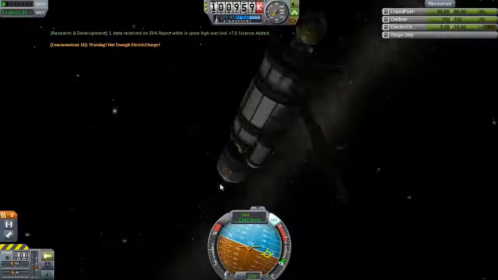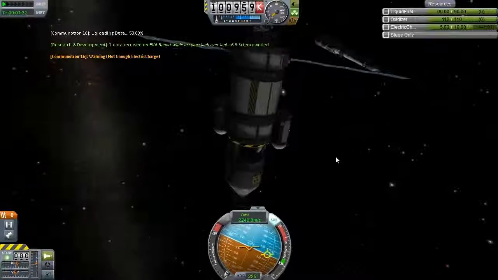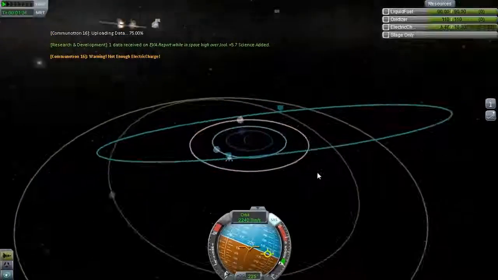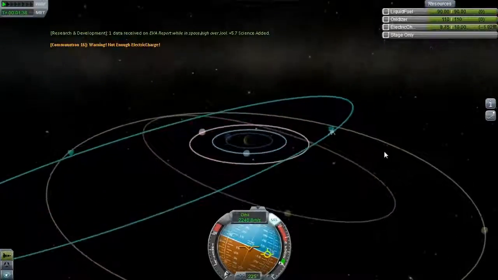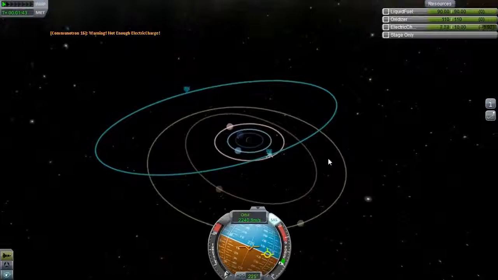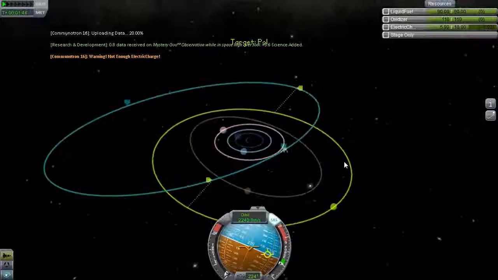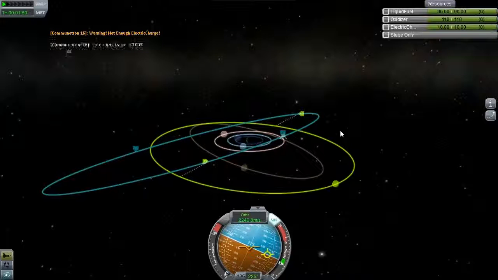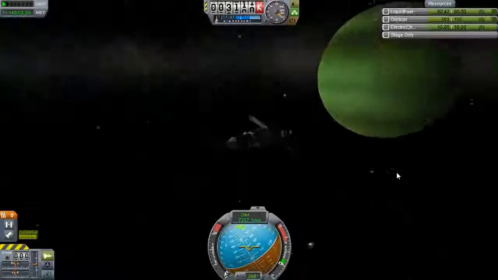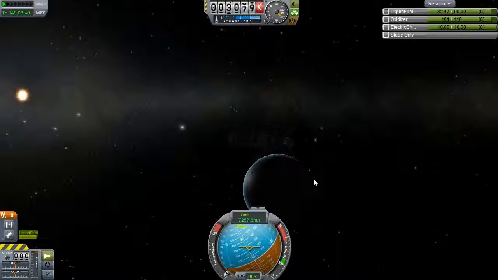Alright, let's observe the mystery goo while we're all the way up here. And I guess I'll have to transmit that back. And while that's doing that, I guess, right, I was gonna correct this inclination, wasn't I? But, alright, so I'm gonna fiddle about with maneuver nodes and try and pick a suitable target that's not gonna use too much fuel. Okay, only a tiny bit of fuel spent later, and Sigzor is around Leith, so